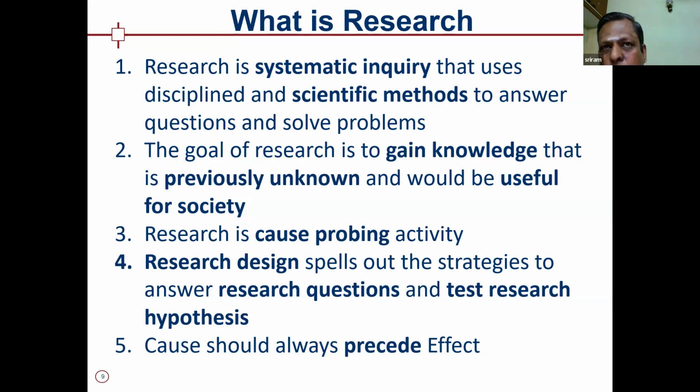Next is case control, and case control is more of a retrospective research. We start from the effect and try to search for the cause. But the better thing here is we are very sure that the effect happens after the cause. And then cohort study is more where we start from the cause and then end with the effect. It takes a long time.